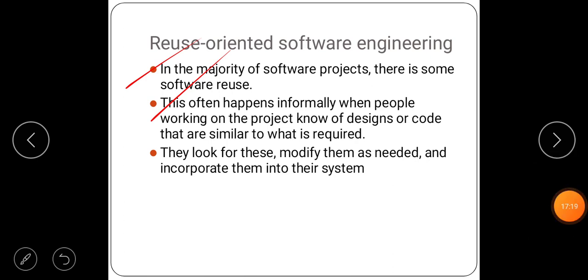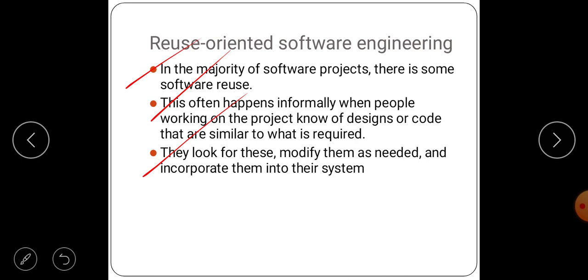Okay, next one, they look for these, modify them as needed, and add them into their system.